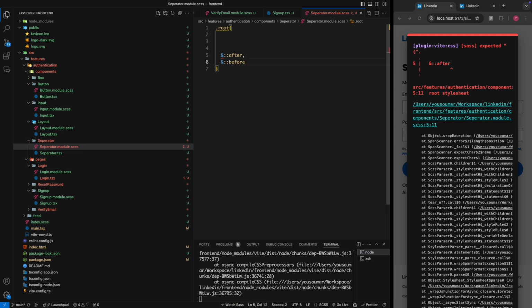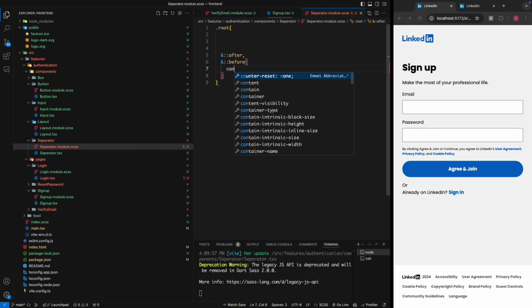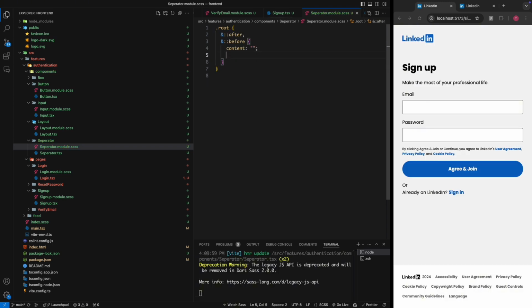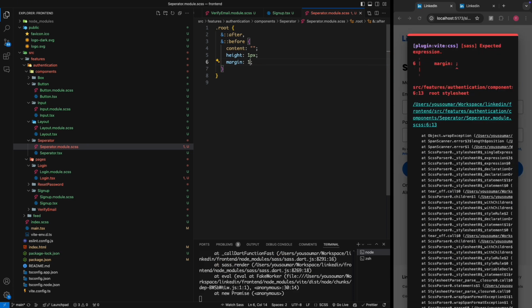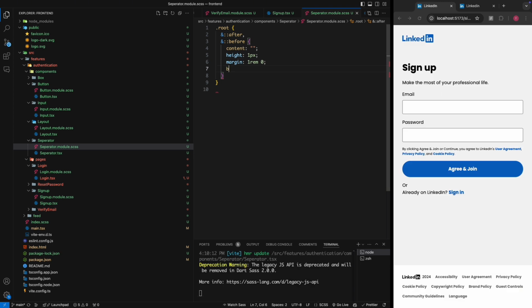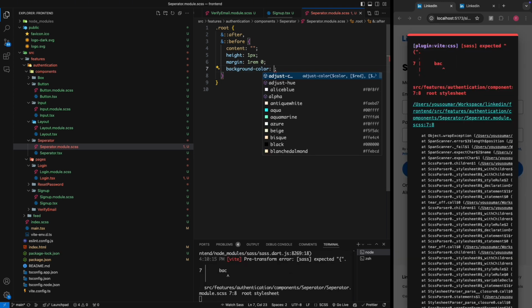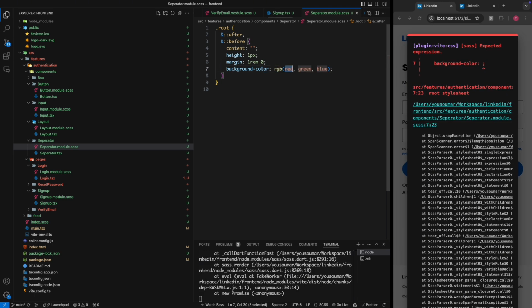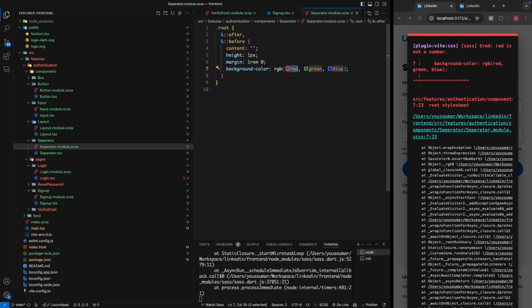They're going to have content of nothing, a height of 1 pixel, a margin of, let's say, 1 rem and 0 to the side,